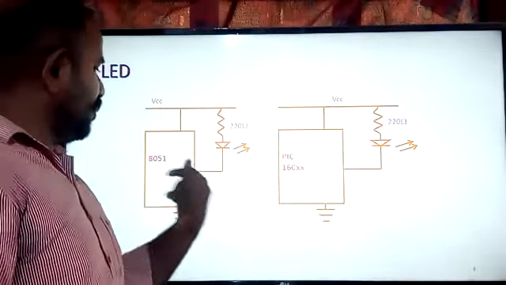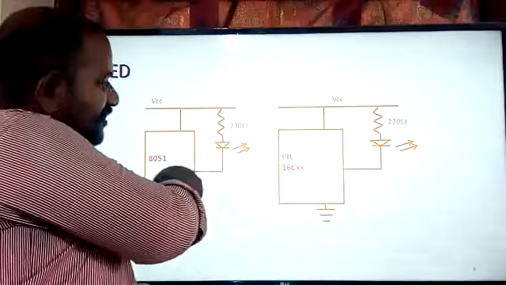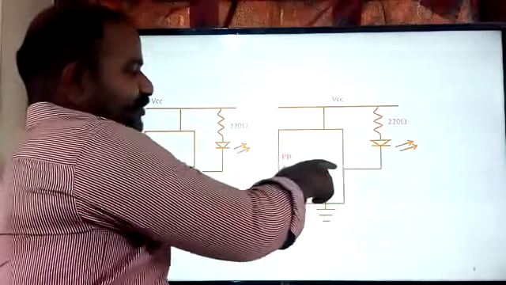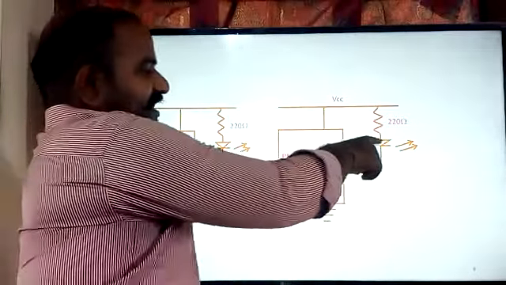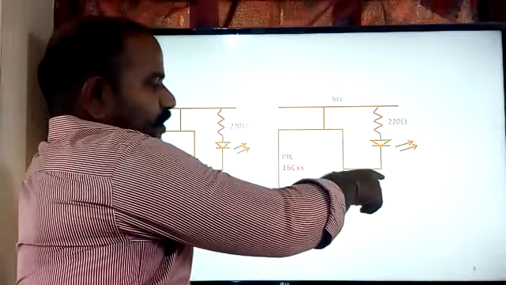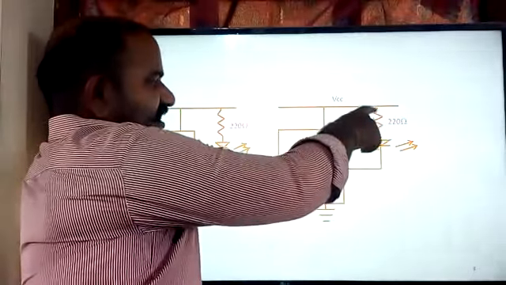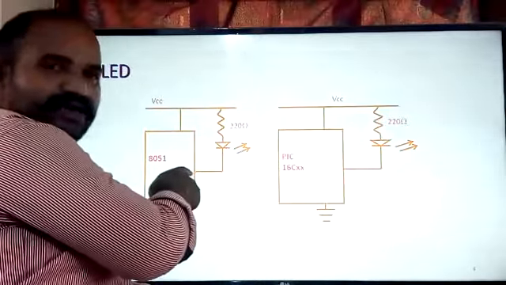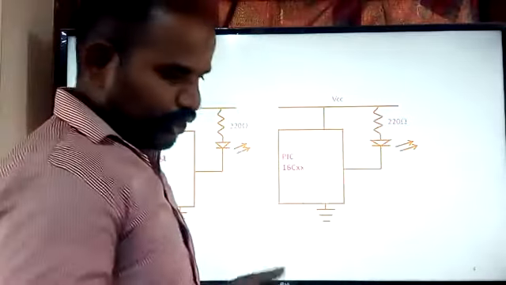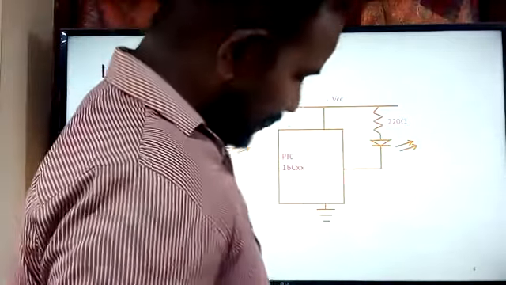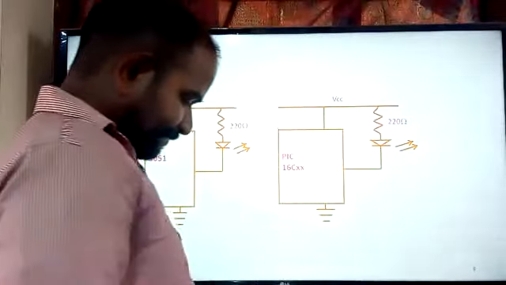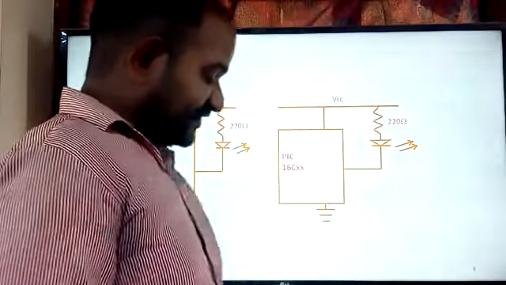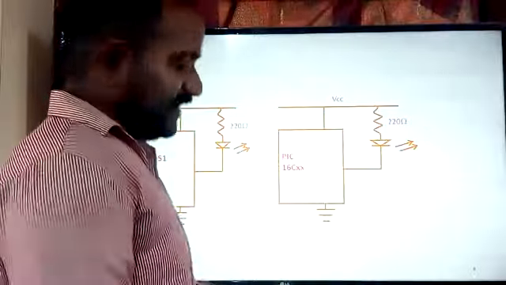You are supposed to make this particular pin an output pin. When you make this pin an output pin, the cathode of the LED is going to be grounded. The anode of the LED is connected to the VCC, and the cathode is going to be grounded. So at that time the LED is going to glow. That is the case in interfacing the LEDs.